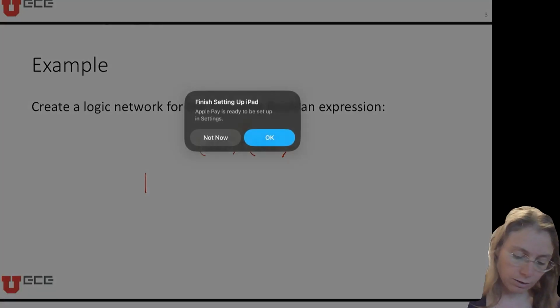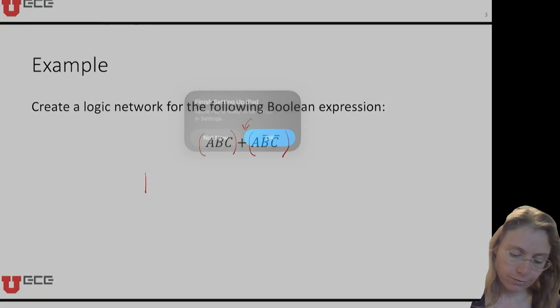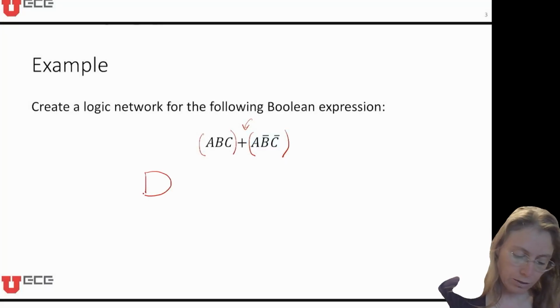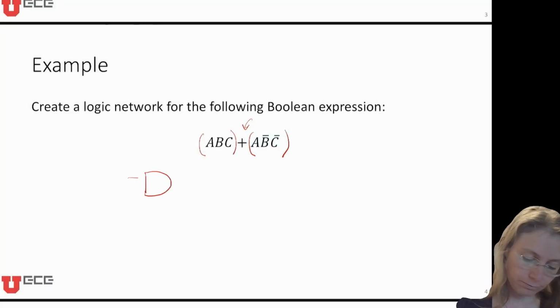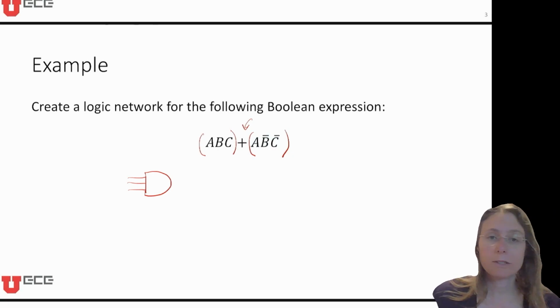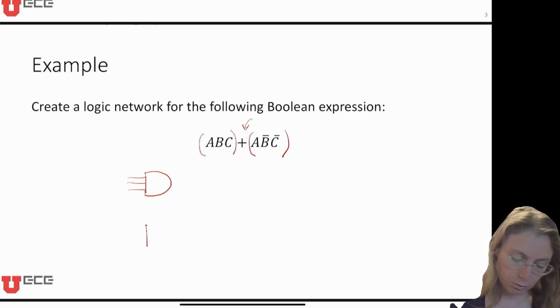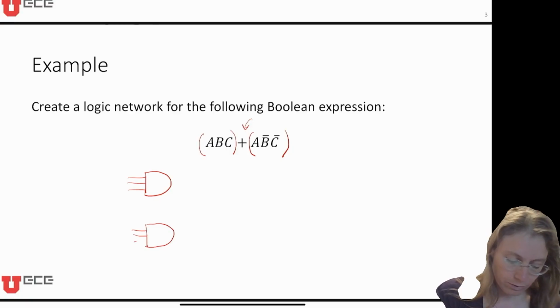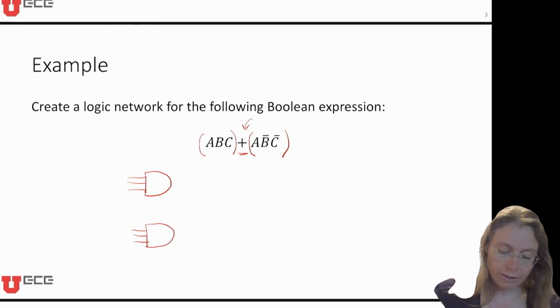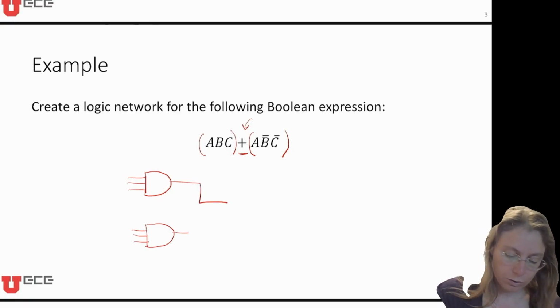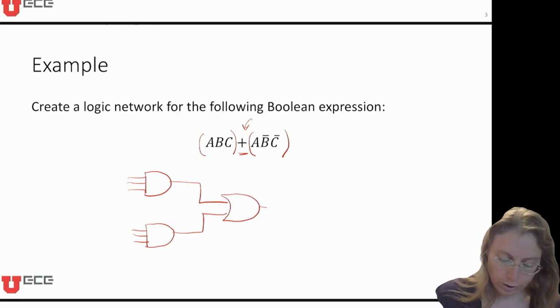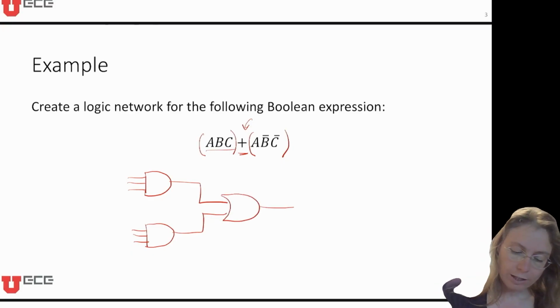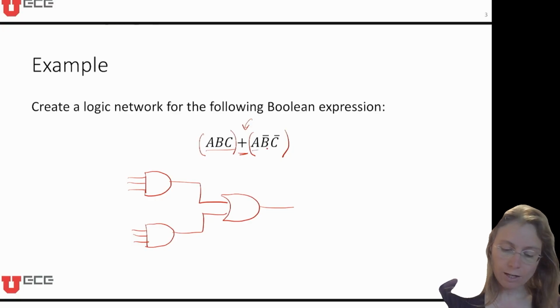First, I'll start with a big AND gate over here. And I'll put 3 inputs. That's okay. You can have gates with more than 2 inputs. I'll put a second AND gate here. And then finally, the output of each of those will be ORed. Okay, and now I just have to figure out how to get A, B, C, and A, not B, not